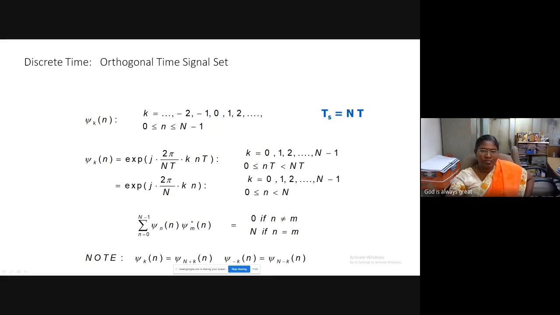There we used the symbol t. That symbol t is being discretized capital N times in the discrete version of the signal. In continuous time we use the symbol duration Ts. In discrete time, the symbol duration Ts will be discretized N times. So that's why Ts is replaced as N into T here, and small t will be replaced as small n into T. So when T and T are cancelled, you get this expression e power j 2 pi by N into kn, 2 pi by capital N into kn. So now you understood what the relation is.